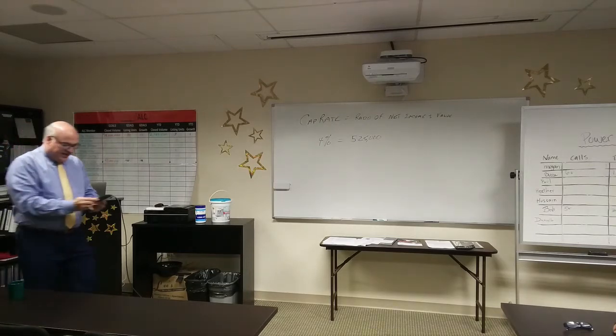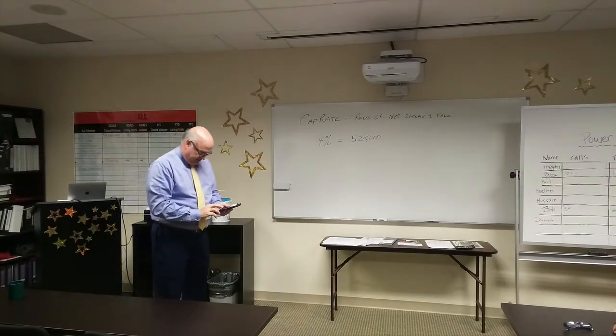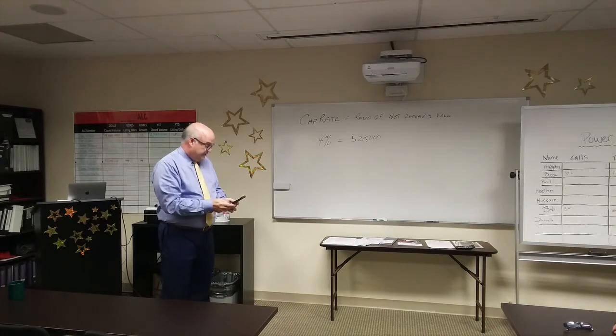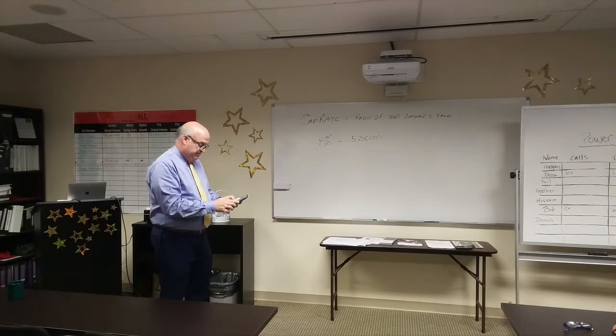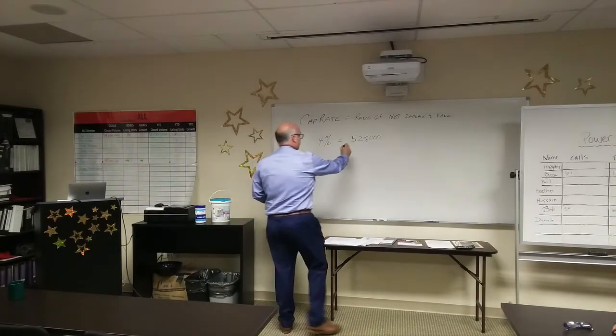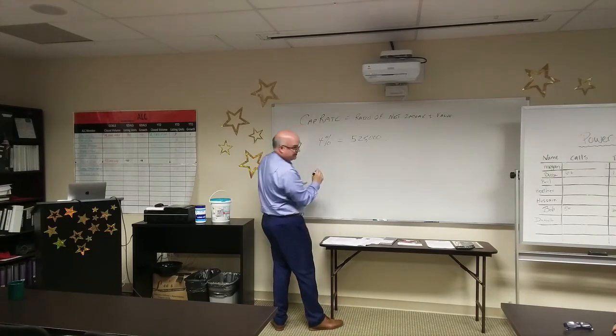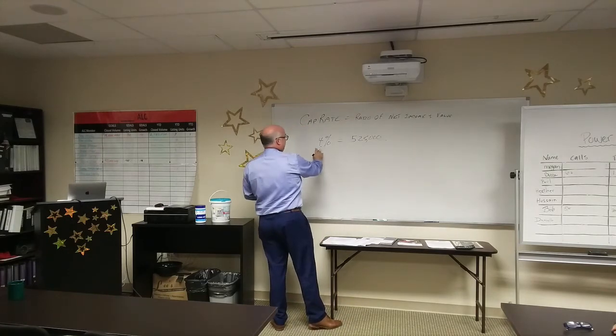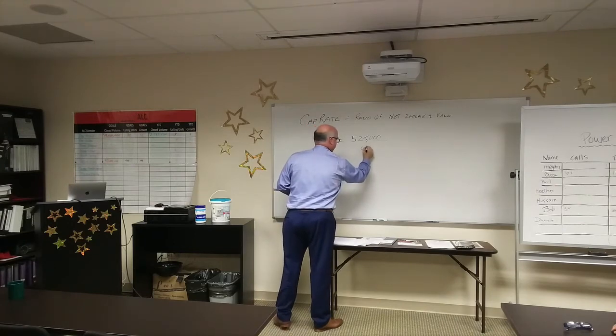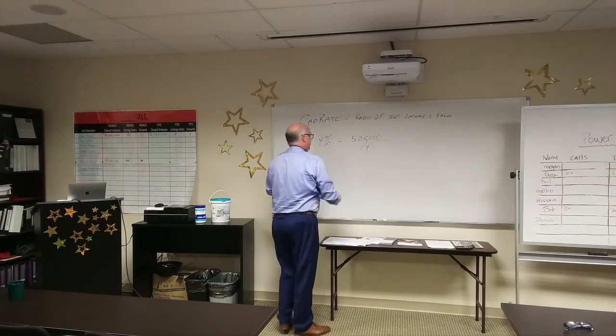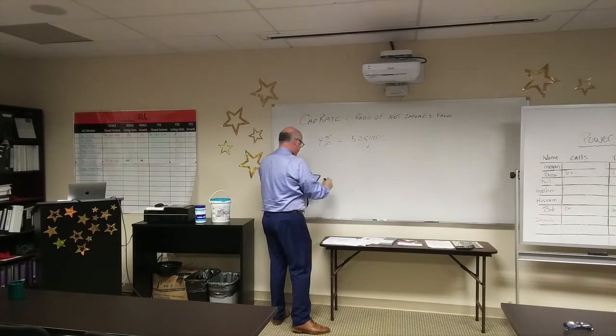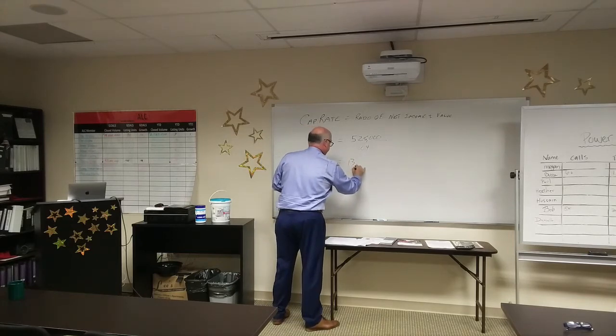So if I were to take my calculator out, and take $525,000 and divide it by 4%, so basically, doing a little algebra, don't get scared. We take 4%, convert that to a decimal, it's 0.04. We divide that into 525,000, and that tells me this park is worth